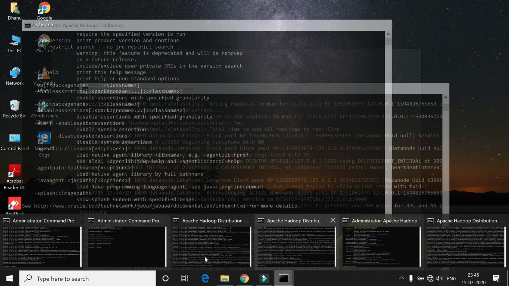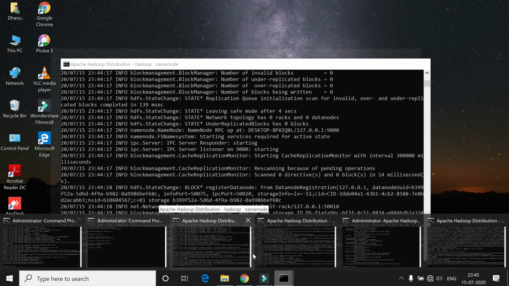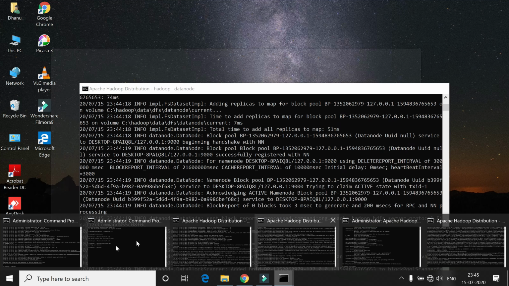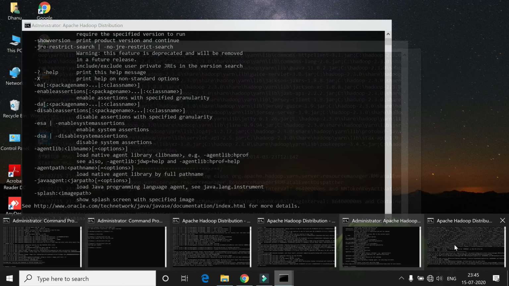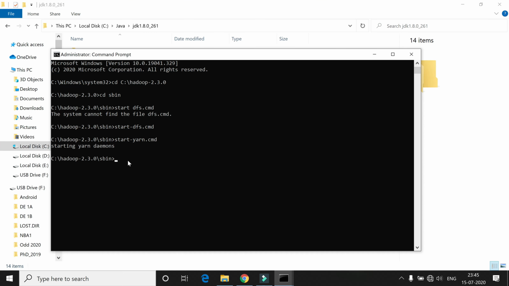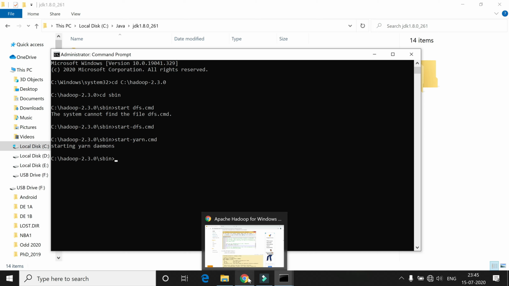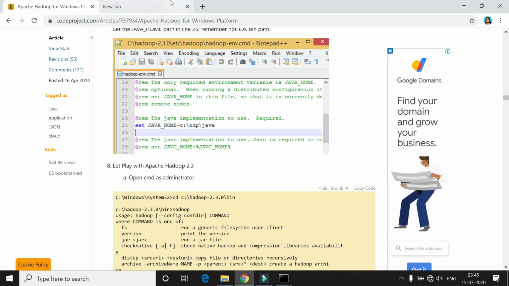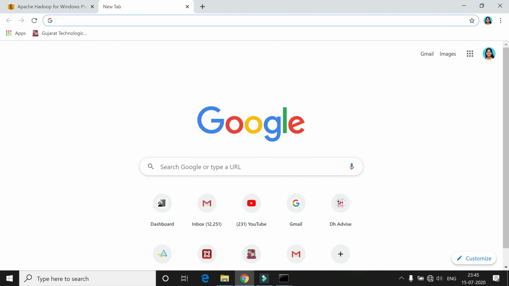There is no need to work on these, you just have to open them. It will automatically open these 4 windows after successfully installing the Hadoop framework on your computer.